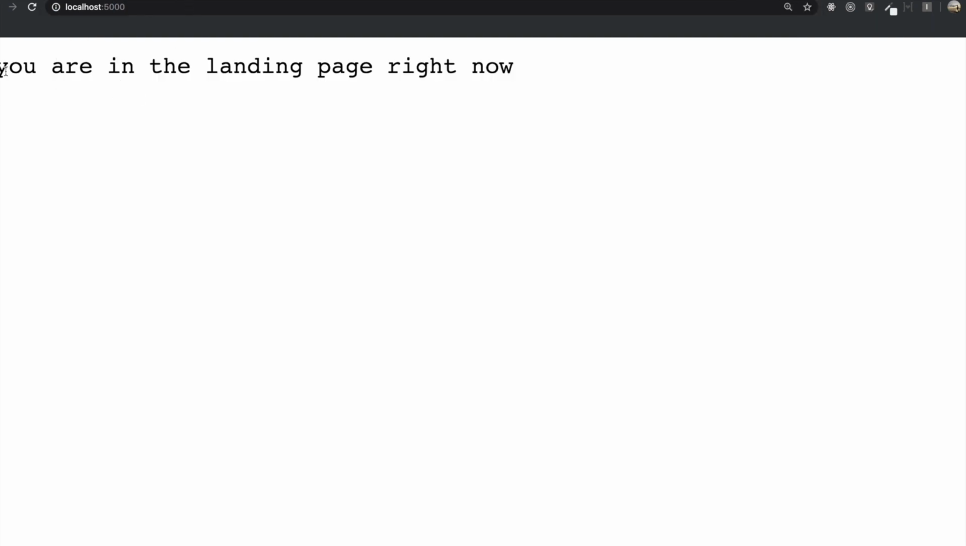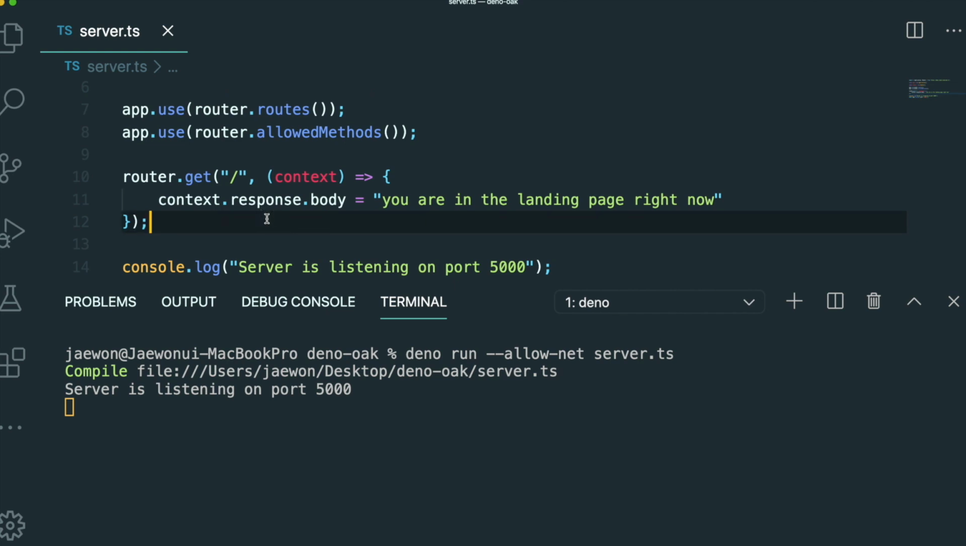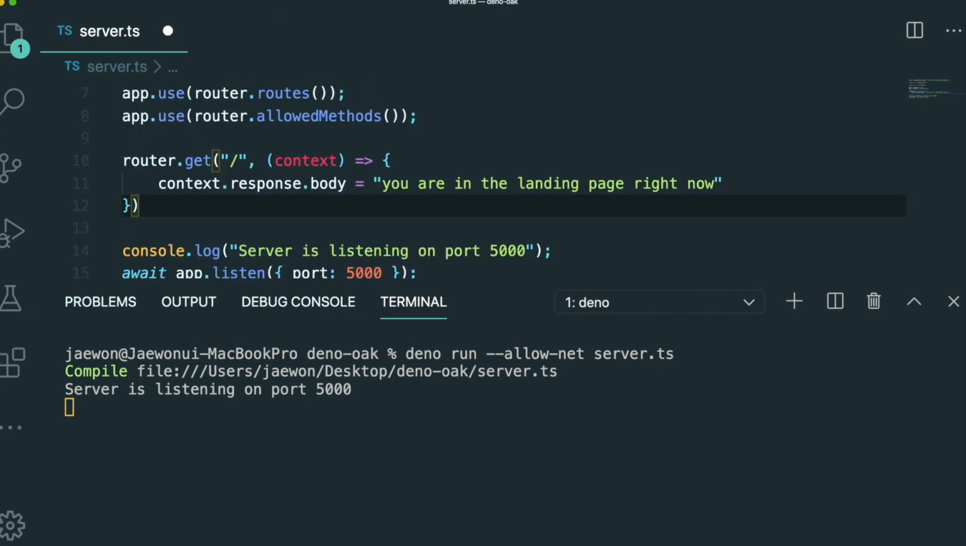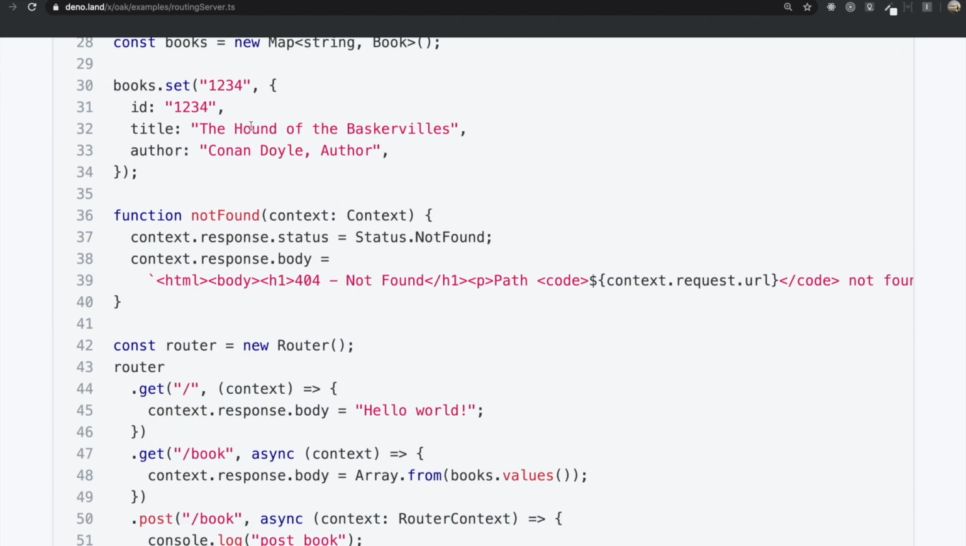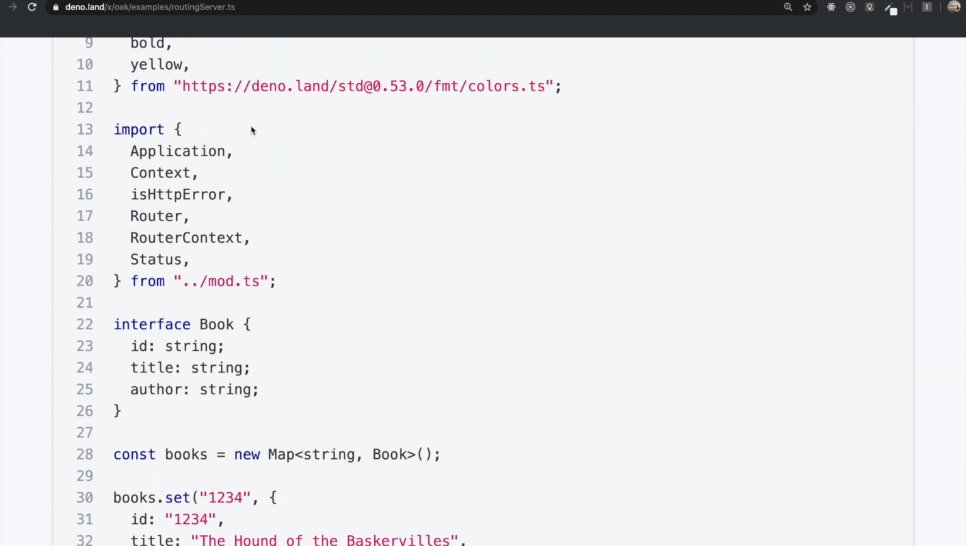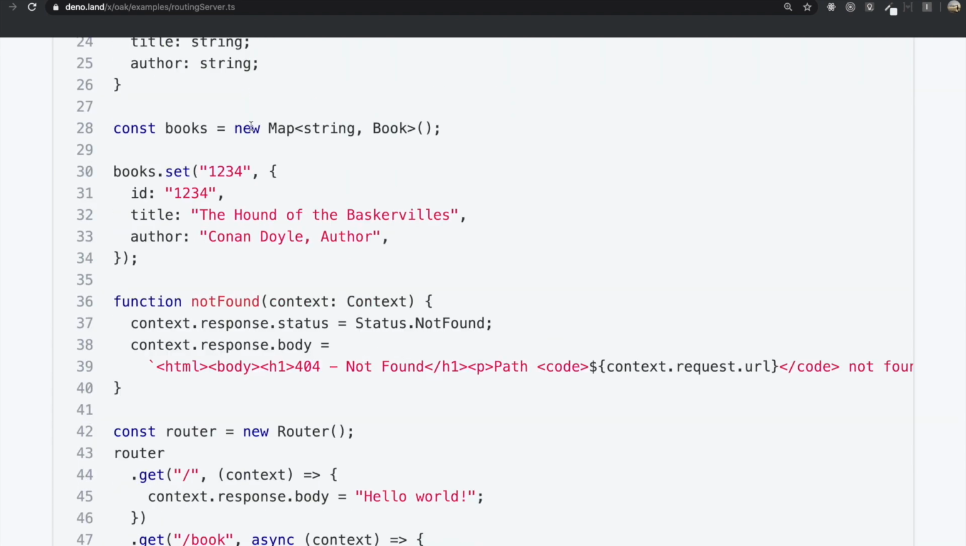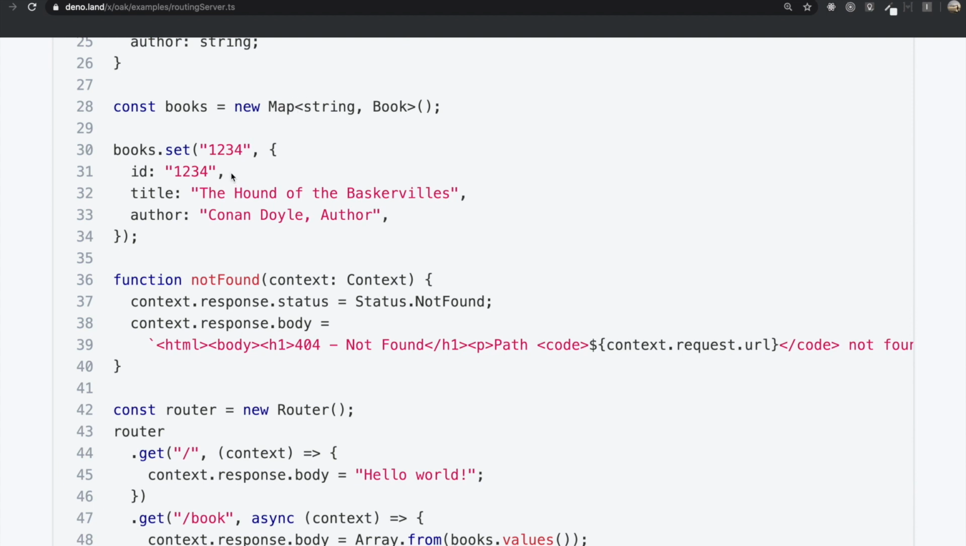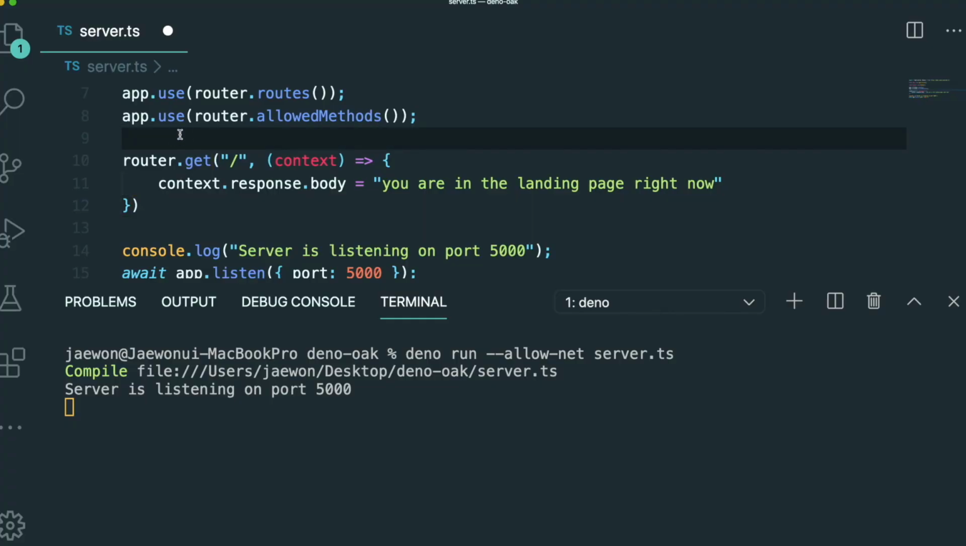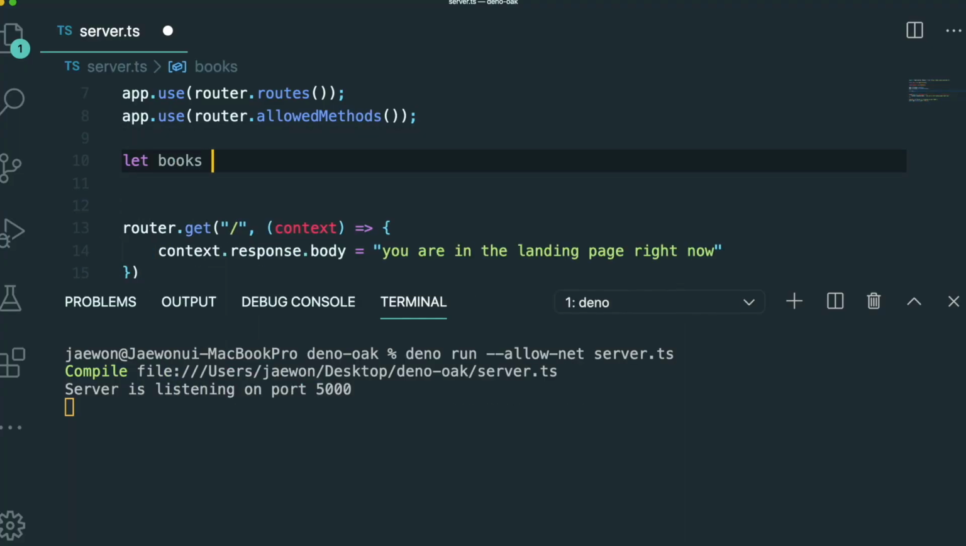5000. So you can see you are in the landing page right now. So we now keep making the router for the books, but inside this routing server that is in the documentation, they use this map object to set the key and value. But instead of this, we are just going to set the books variable, and then we make the array, and